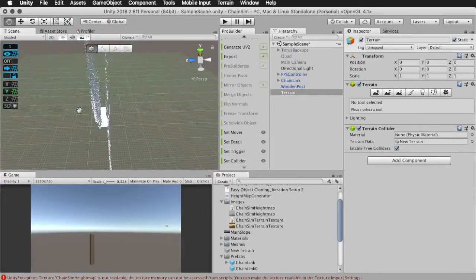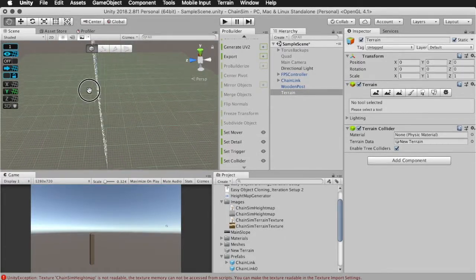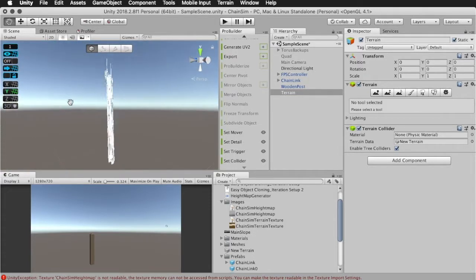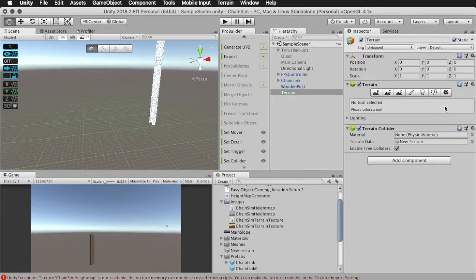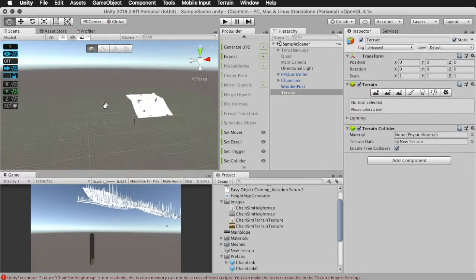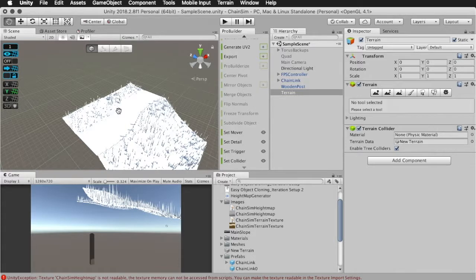However, you can see the grass is so tall and so spiky and stiff looking. So this terrain is basically too tall. So the reason for this is in the terrain settings, we did not set the terrain height to be something in proportion. So it would be in proportion by default, but because we set the width and length to something way smaller than it's set to by default, we also need to set the terrain height to something that is small. So let's just select 16 just to start with,